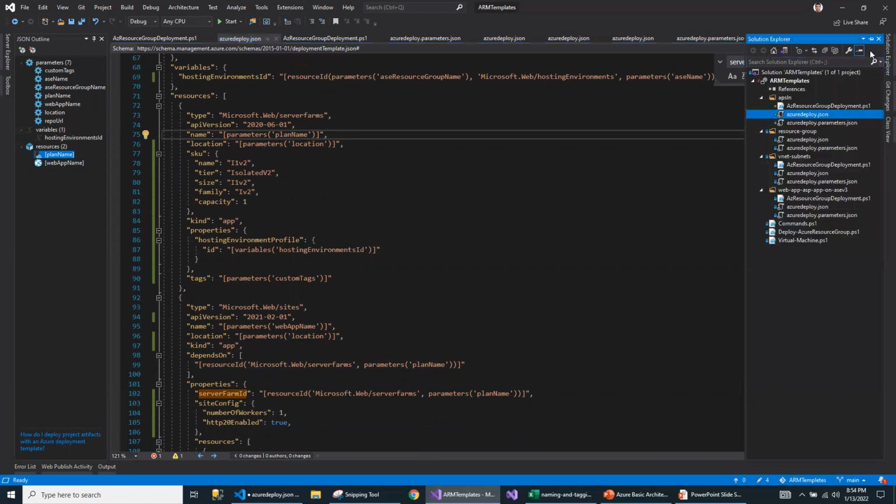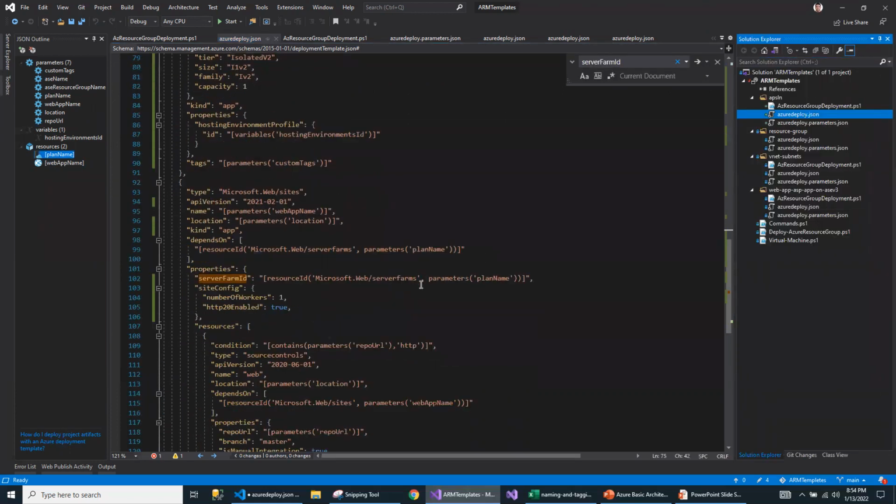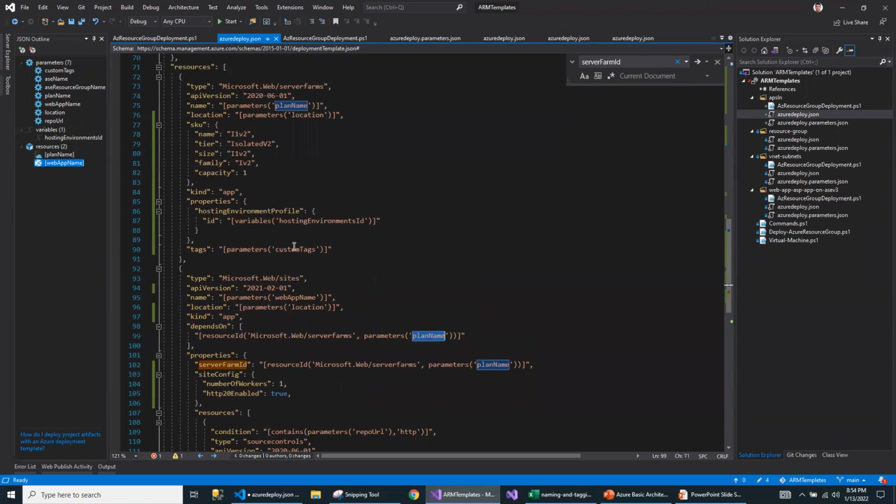I'm creating only the app service plan. So you should have the same resource created when you want to decorate with dependsOn. So this website depends on the app service plan, which is part of the same script. So that's why it is working.